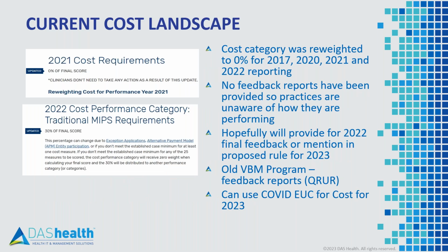Now, what does this really look like in real life over the last few years? After all that information on the requirements, all that technical verbiage, the measure specifications, the exclusions, the attribution, and the scoring, we really wanted to end today's presentation on basically a leveling with you on what is happening in this category. So basically the cost category has been reweighted to 0 for most of the years MIPS